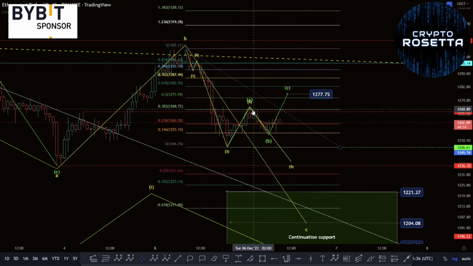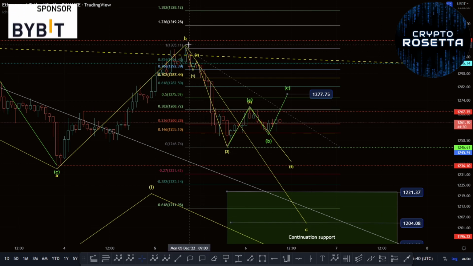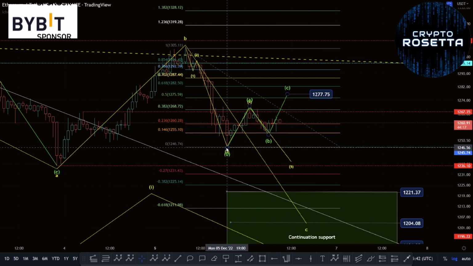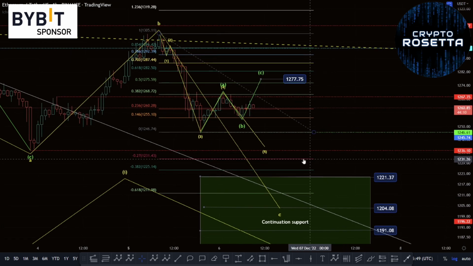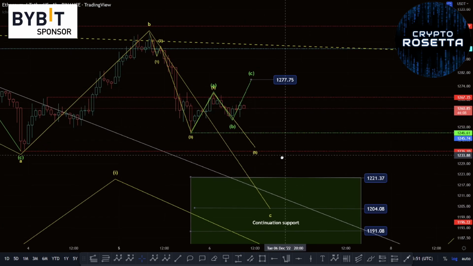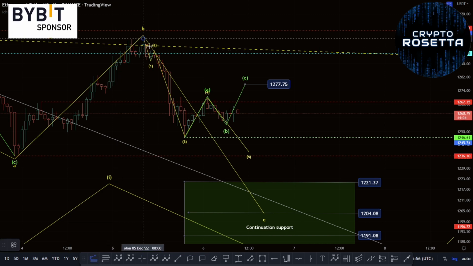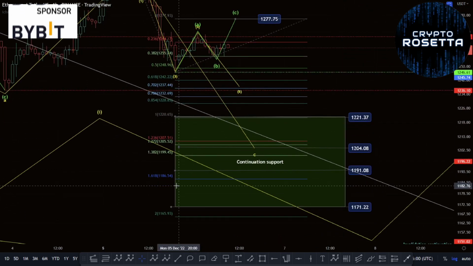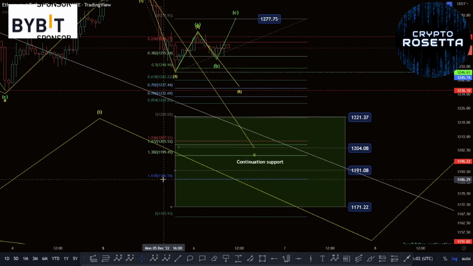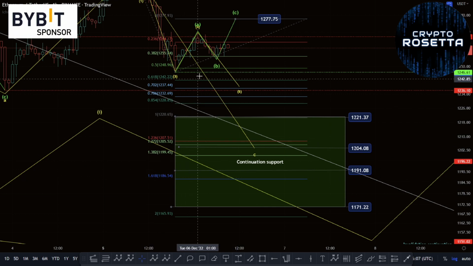So instead of this being the B wave in an ABC down to this low, it could be that we actually get this as a one. Sorry, this is an A. We get a move up and then we look for a C wave to the downside. It is possible that this develops into a bigger 5-wave move, and basically if we move up to this 1-to-1 here, we can have a look at this 1186 area, that would basically be an